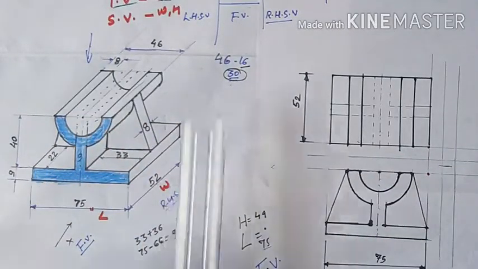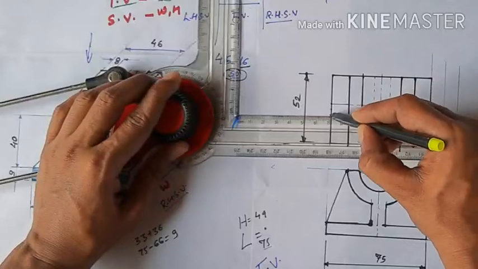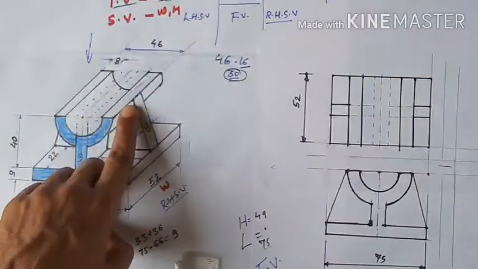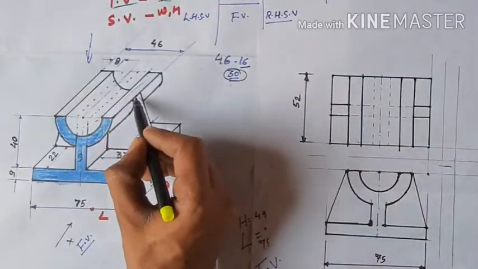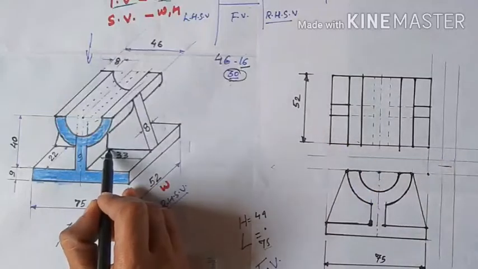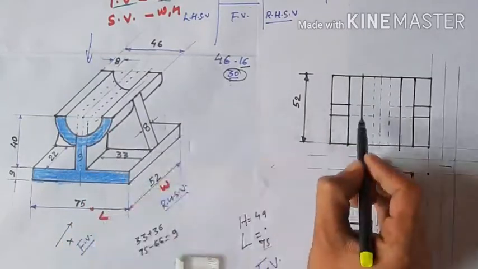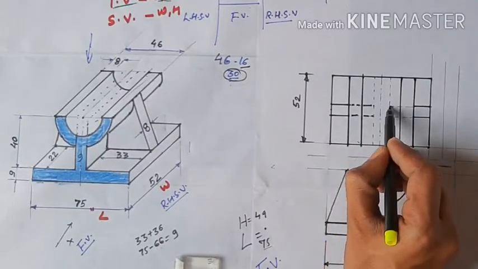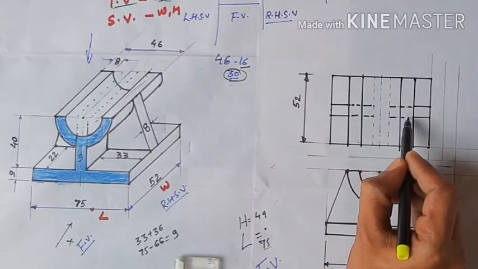So this line again from here, this line and this line is touching this strip. Now this is for the last, this not joined from here, so we need to draw a dotted line for showing this. So this is a hidden line till the end, this is also a hidden line till the end, also this is your hidden line, also this is your hidden line.